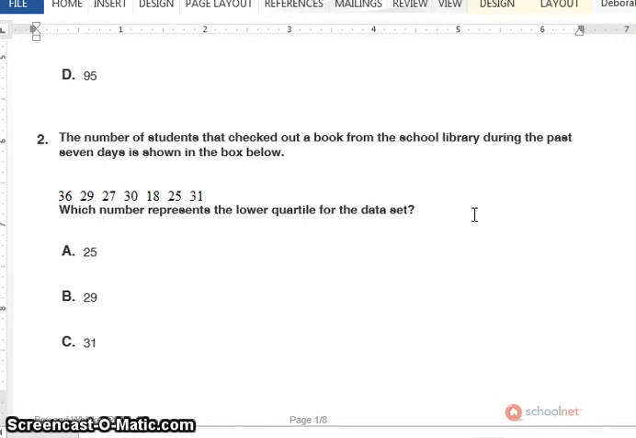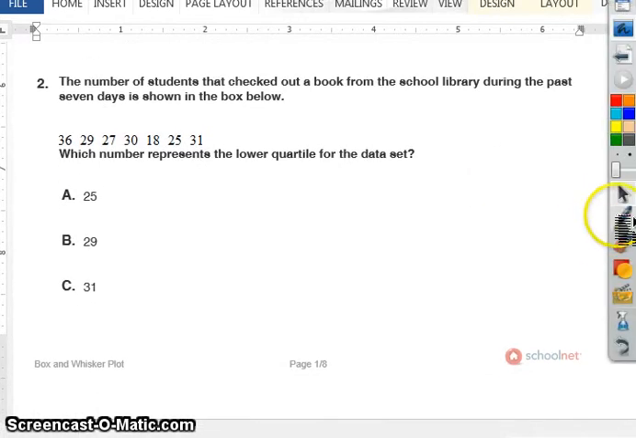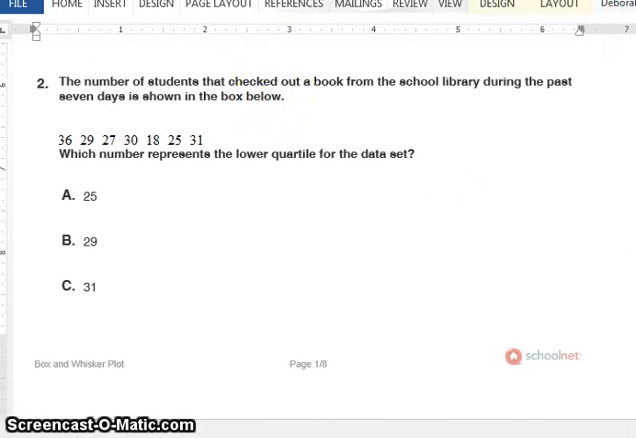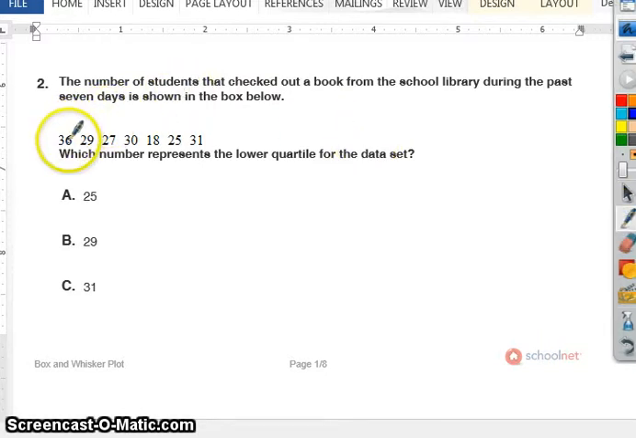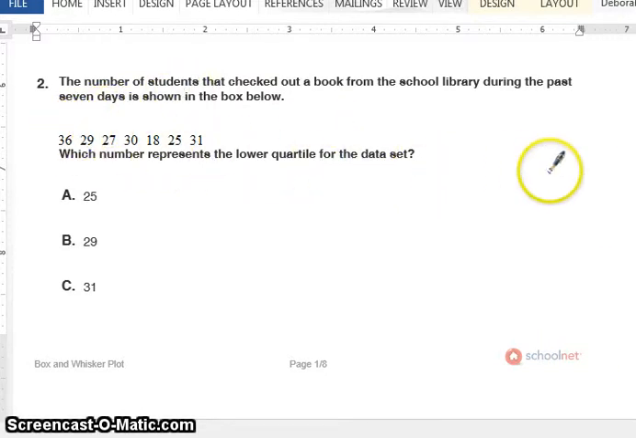So scrolling down for number 2. The number of students that checked out a book from the library during the past 7 days is shown in the box below. What number represents the lower quartile for the data set? If you missed this question, it was probably because you did not put the data in order from least to greatest. I see 18, the 20s, I see 25 first, and then 27,